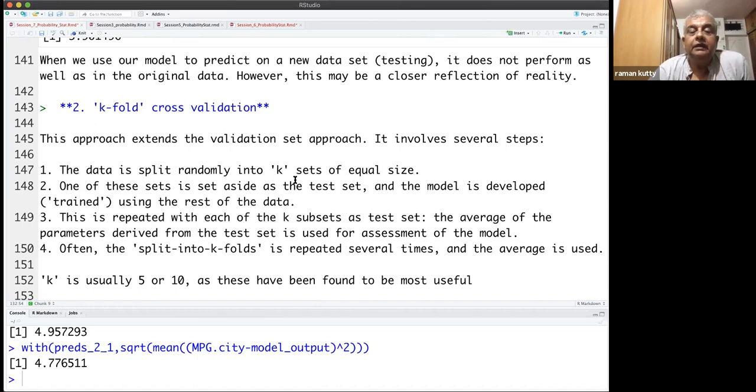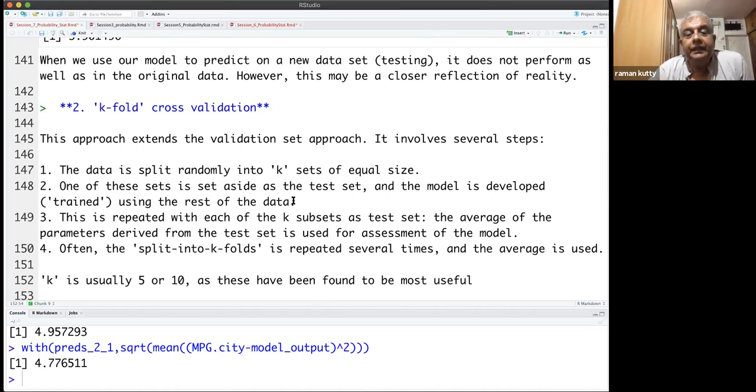That is, if there are 10, the data is split into 10 equal parts, one part will be the testing and the 9 parts will be used for training. One of these sets is set aside as a test set, and the model is trained using the rest of the data. This is done randomly.